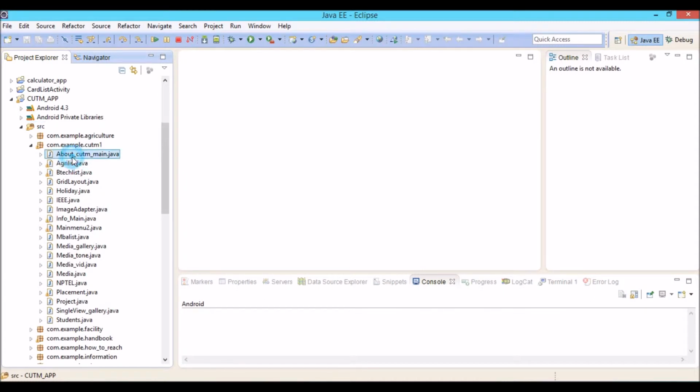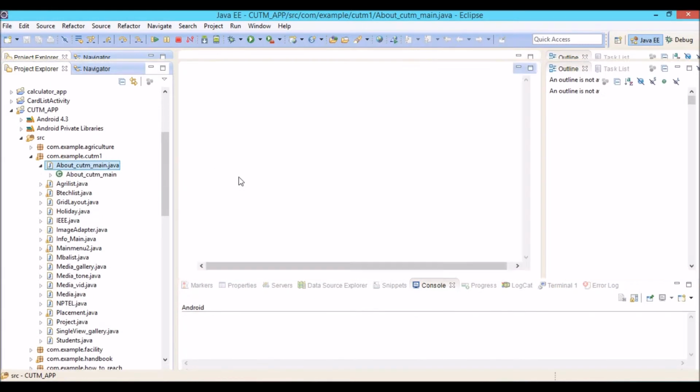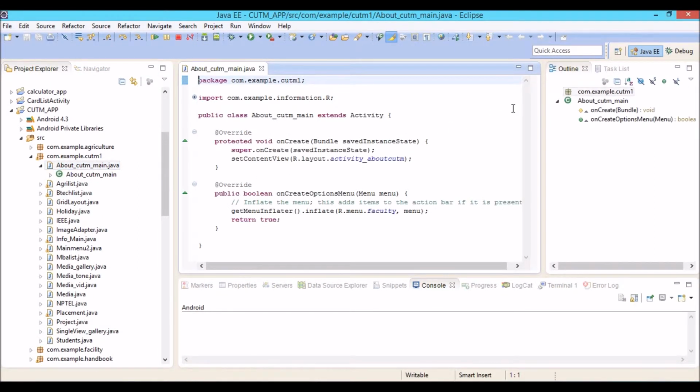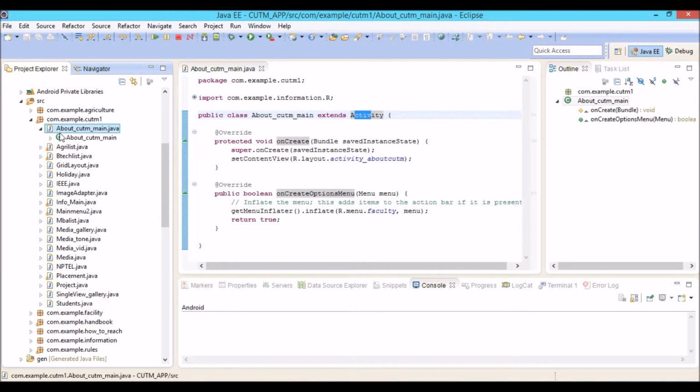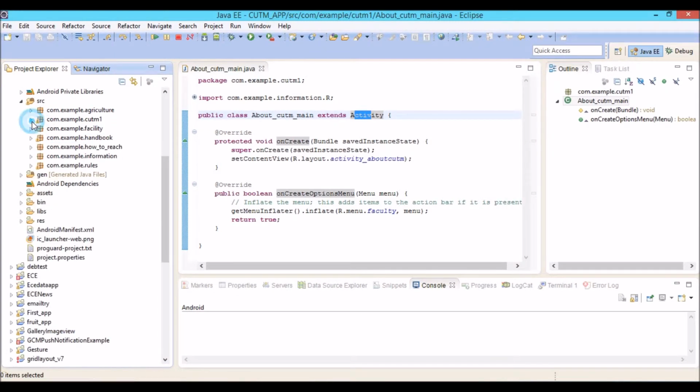So we can open a Java file here, and we can see the Java code. This Java code is as usual, but it follows the predefined coding of Android. That is, it extends Activity. Activity is a predefined keyword in Android. So this is the source folder, which contains all those packages.